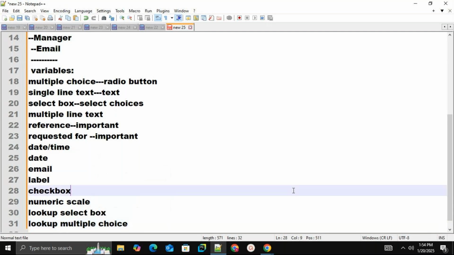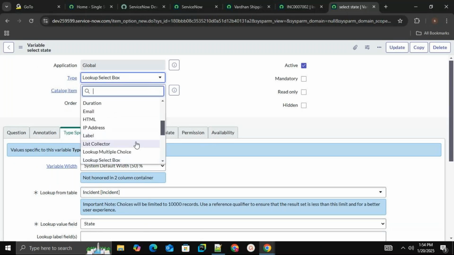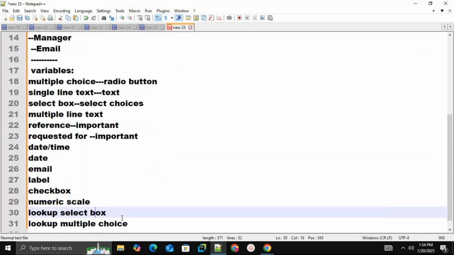The same way we can do for the select box and lookup multiple choice. Lookup select box completed. Lookup multiple choice is the same. You need to select the radio buttons of that particular table, the field name, and